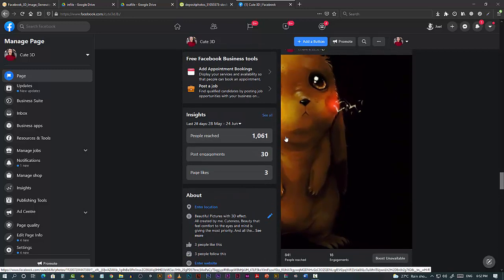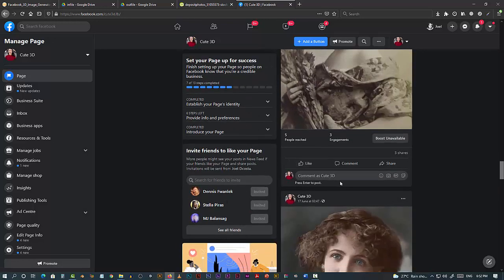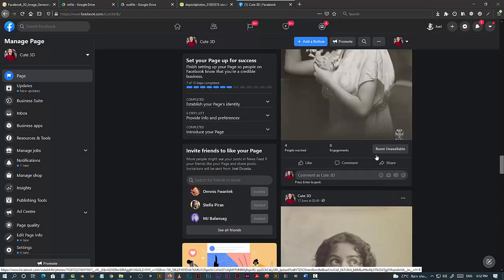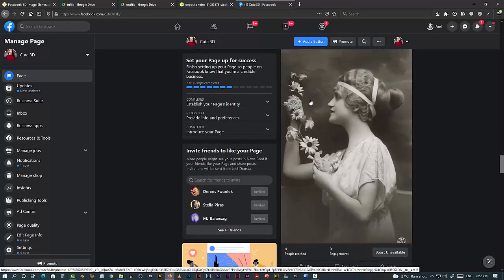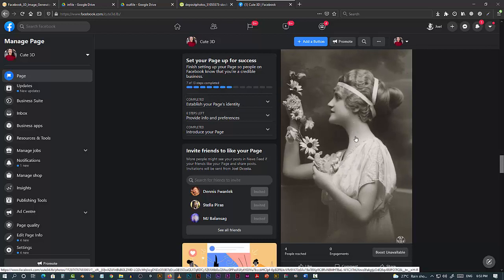This gave a very good effect, this one, and this one, and this one. Okay, this is the old picture. I didn't do anything. The whole thing is done by the Python software itself. So see, you can give a nice 3D effect.